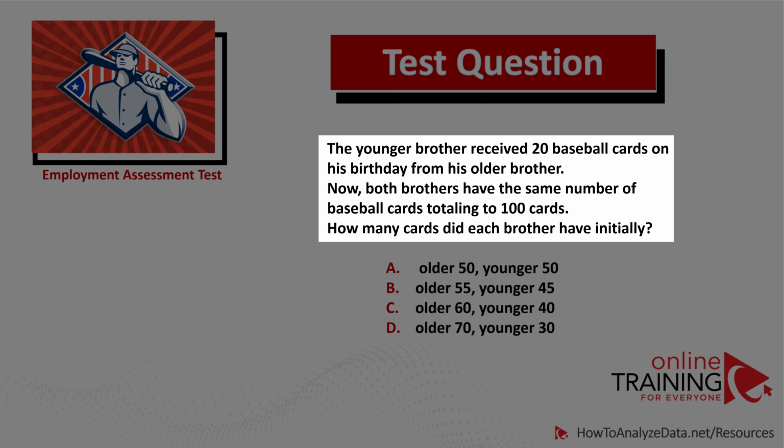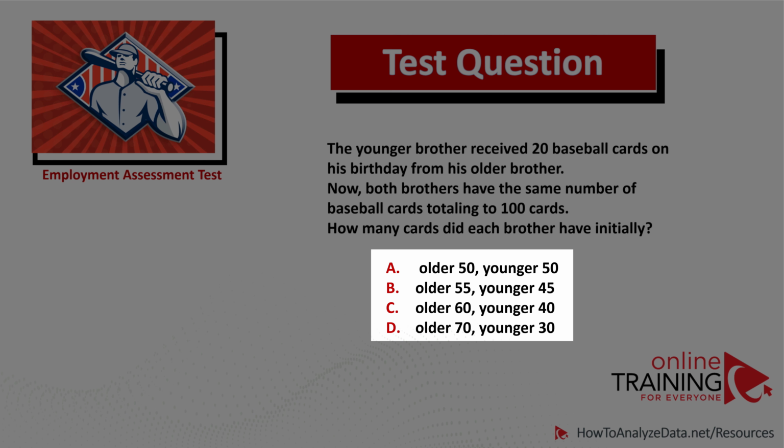Let's look at the simple question, which a lot of people often get wrong. The younger brother received 20 baseball cards on his birthday from his older brother. Now, both brothers have the same number of baseball cards, totaling 100 cards. How many cards did each brother have initially? And you have 4 choices: